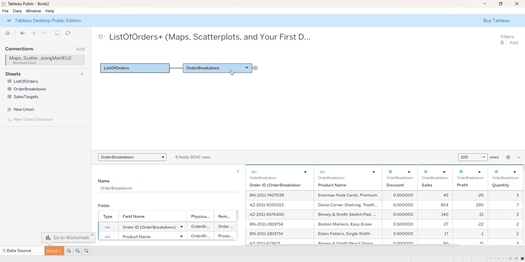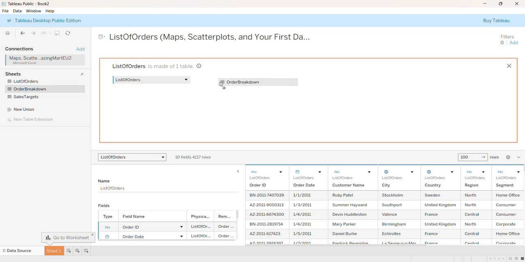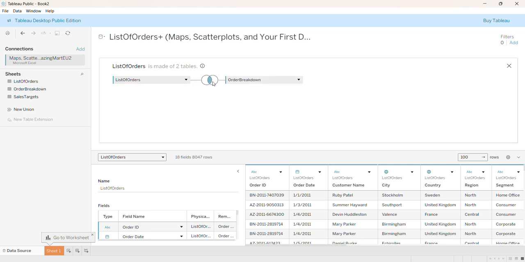To do that, we're going to right click on this and we're going to remove it. We don't need it right now. To get to the physical layer, we can hover over this, look at this logical table, list of orders, and double click on it to see its physical table. So we double click, and now we are in the physical layer. And if we take order breakdown and drag it in, well, voila, we've created a join. So you see this Venn diagram of sorts. This is highlighting that we have a